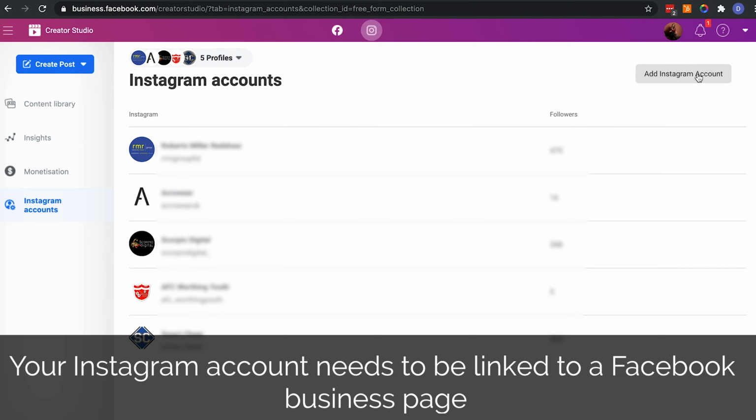Note that you will only be able to do this if you already have a business Facebook page connected to your Instagram. If you don't have a business Facebook page, you will need to create one. Alternatively, if you already have a Facebook business page, you may just need to connect your Instagram account if you